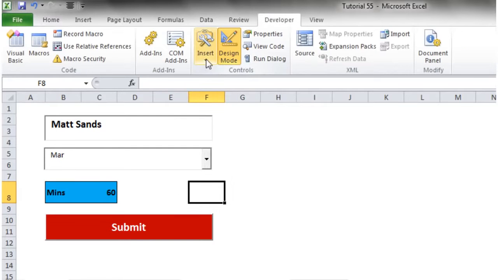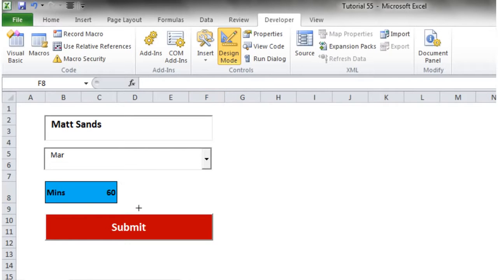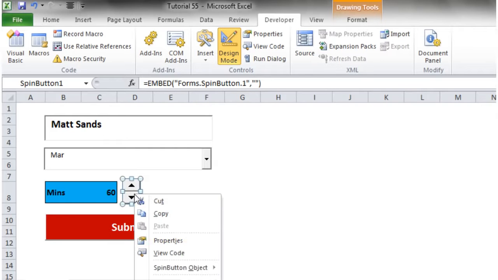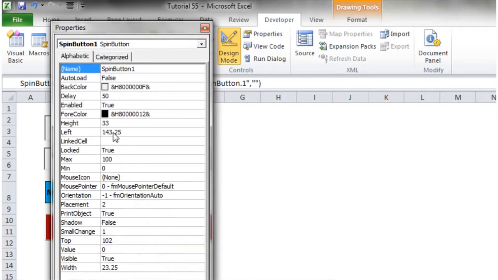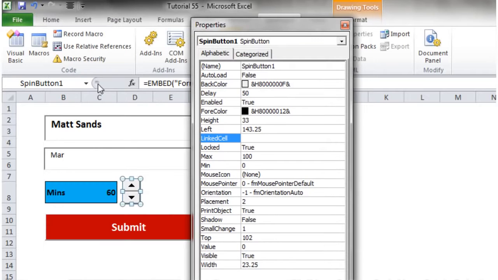So if we go into design mode again and go to insert and then come down here to the spin button, click on this and then put it in wherever you want it to be. So you've then got it there available to use, and if we go into properties and we go to our linked cell and we link our cell to the cell we want to use, so I want to link it to the minute, so C8, and let's put in our sheet name first, so Sheet1!C8,